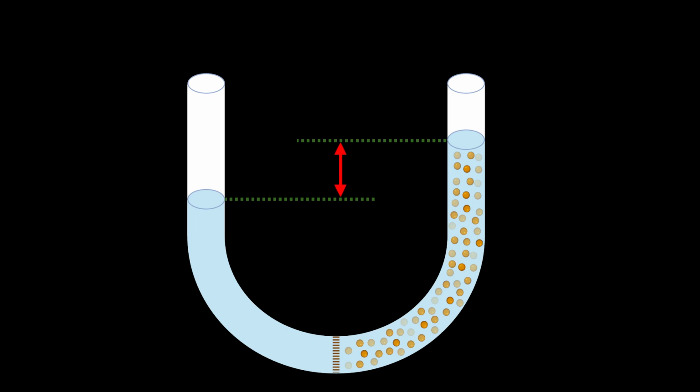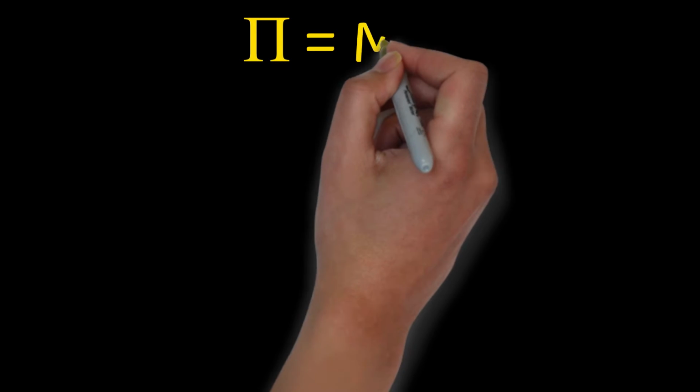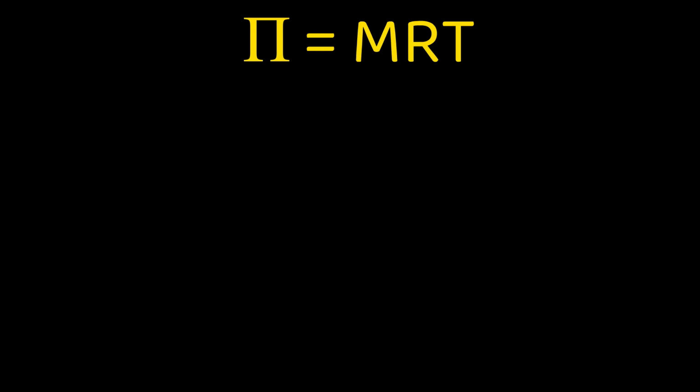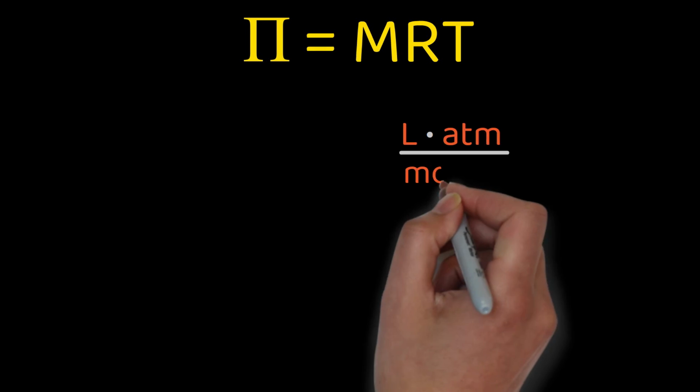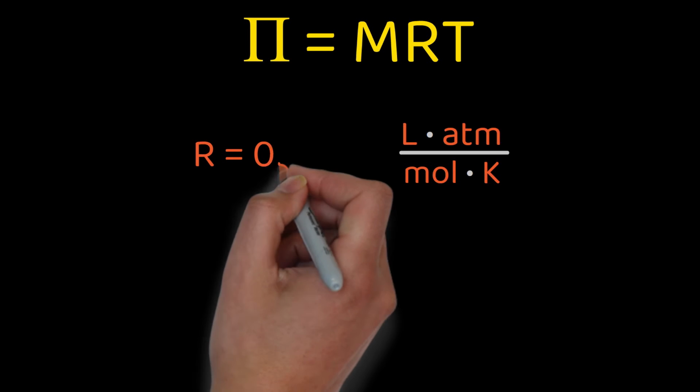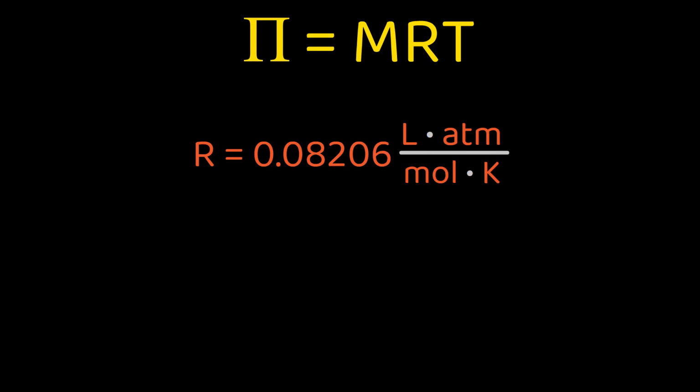The pressure required to balance this diffusion is called osmotic pressure and can be mathematically represented as: the osmotic pressure equals the solute molarity times the gas constant times the absolute temperature in Kelvin. The system described here applies to an ideal solution where intermolecular forces don't play a role in what is happening. Let's do a calculation involving osmotic pressure. In this equation, the gas constant must have units of liters atmosphere per mole Kelvin. This is our familiar friend,